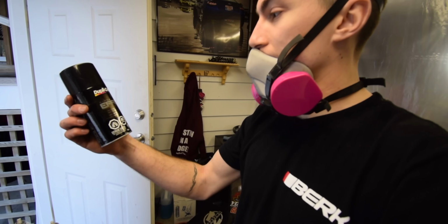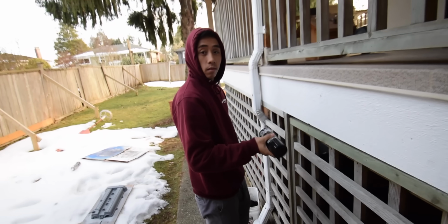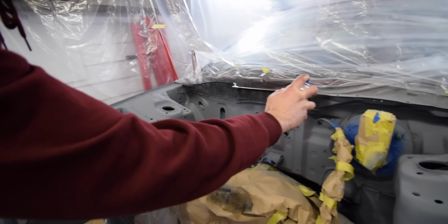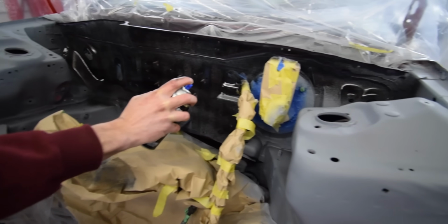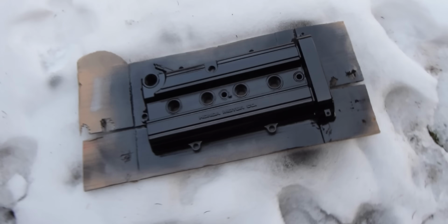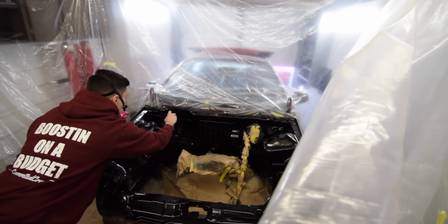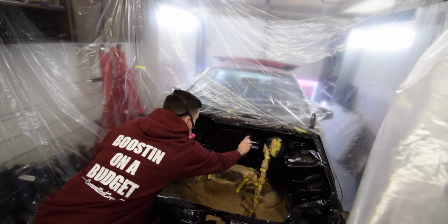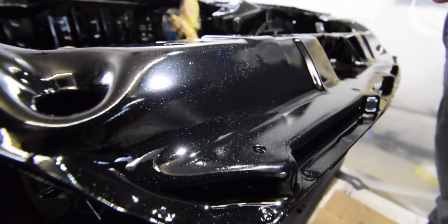It looks like it'll be sick if it actually looks like the can. Dude, that is so sick. Imagine that in like the summer when the sun is just like,